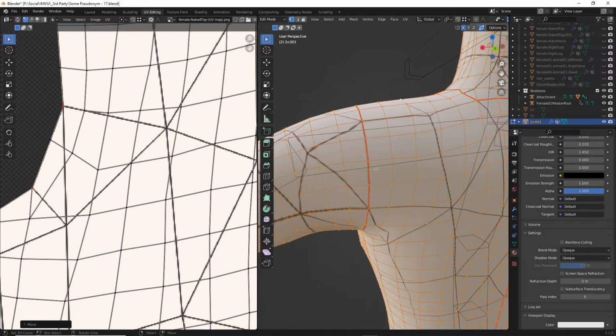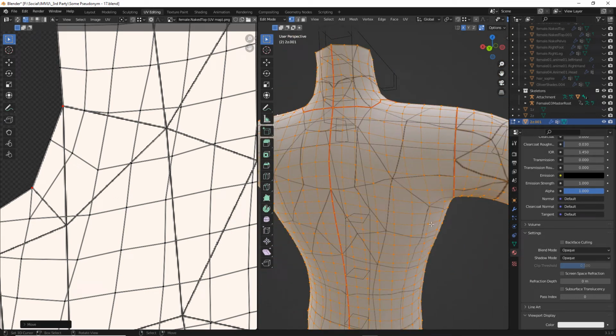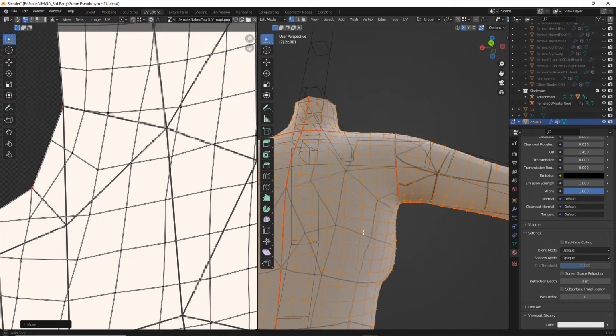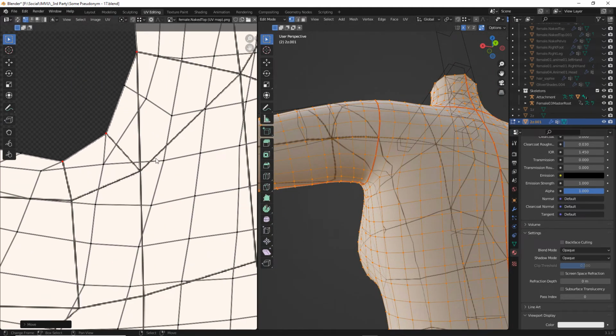But you can see now, so that's the fixed shoulder, so those two have been fixed, whereas compared to the other side it's still got the error or the disconnect between those two UVs. But that's how you can fix that problem, or make it easier to fix it, by exporting